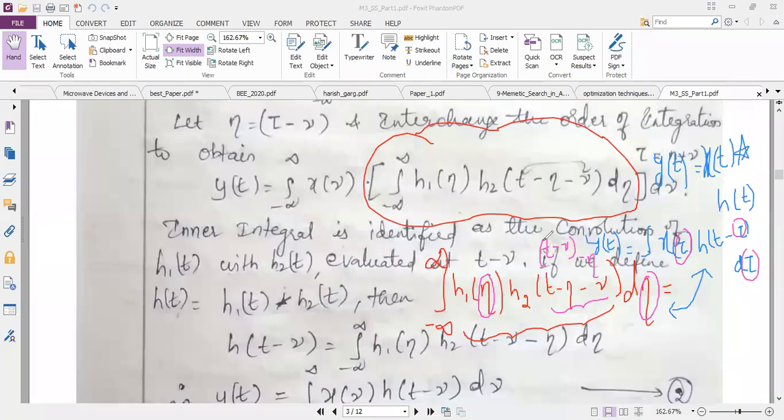I think you're getting the analogy. Yes, that's why I have written the standard equation. My standard equation says I have x of tau and h of t minus tau, this tau and theta. So these three things should match. So if I see here, I have eta term separately present, and I have d eta term. So the only problem is here I have a number of variables. So I have to arrange this with minus eta.